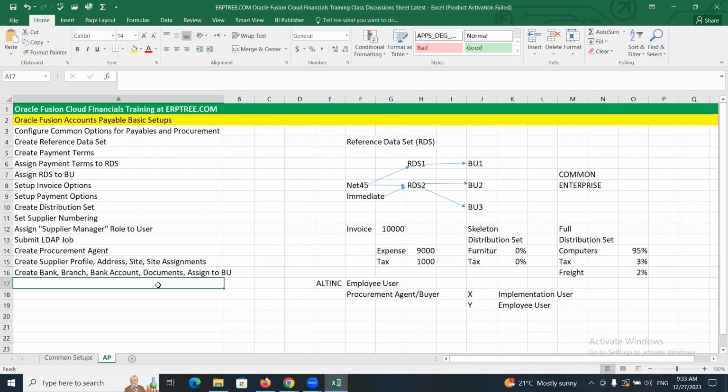If somebody is from an EBS background, that's straightforward. You can assign the bank account to BUs. In EBS, if you want to assign a bank account to an OU, you have to provide the grants, but that is not required here. Done. Now, by using this bank account, if you want to process the payments,